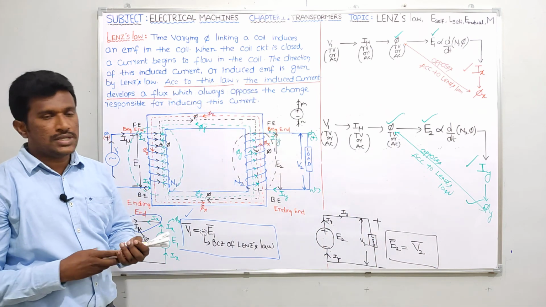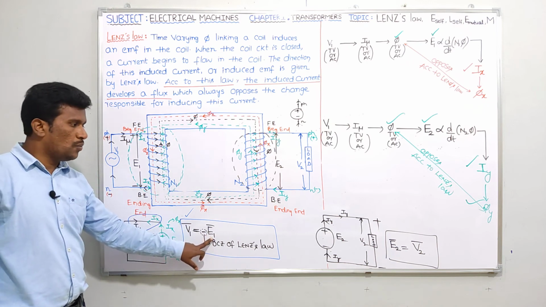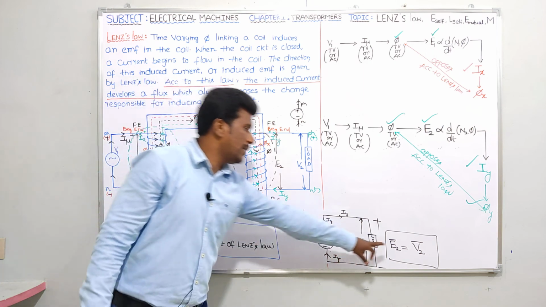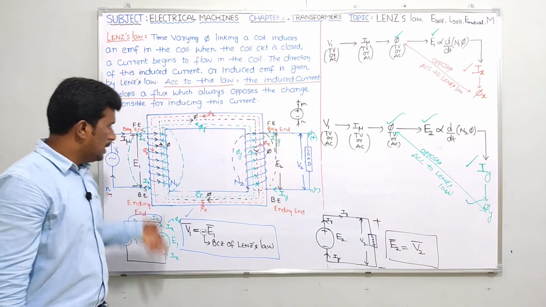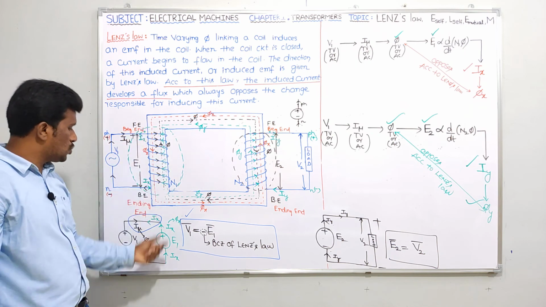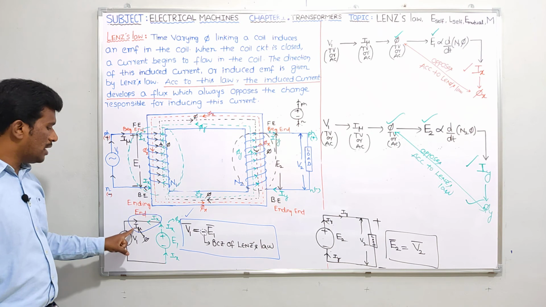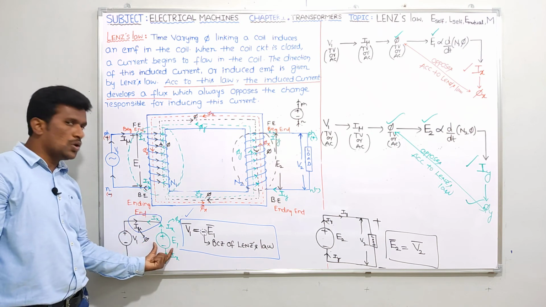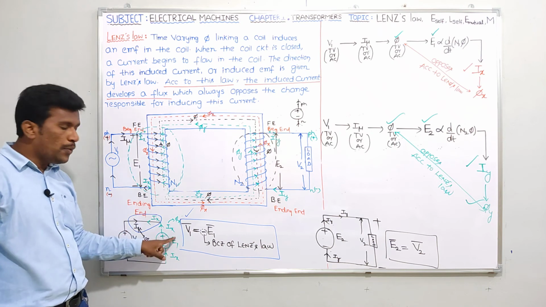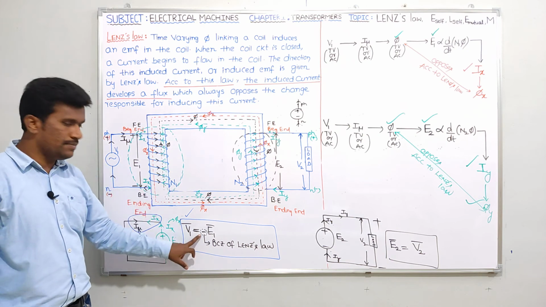Why? You may have one doubt: sir, on the primary side you wrote V1 bar equals minus E1 bar, then why are you not asking me to write a minus symbol here? Very simple. On the primary side, V1 is the source. You are assuming this E1 as the source once again. Because of this V1 source, we get I mu current. Because of this E1 source, we get Ix, which is opposing this I mu. To show that opposition mathematically, I show a minus symbol here.